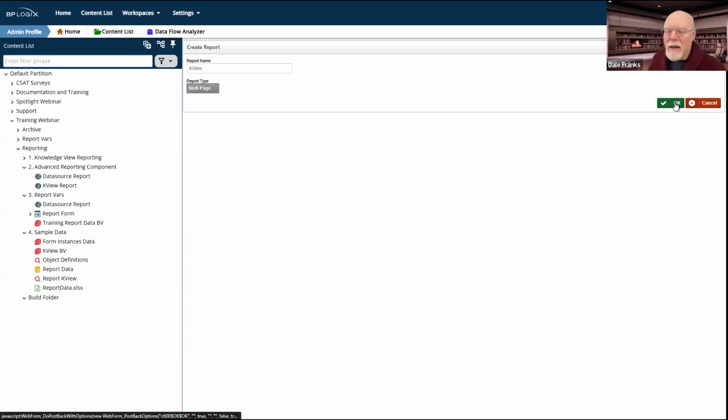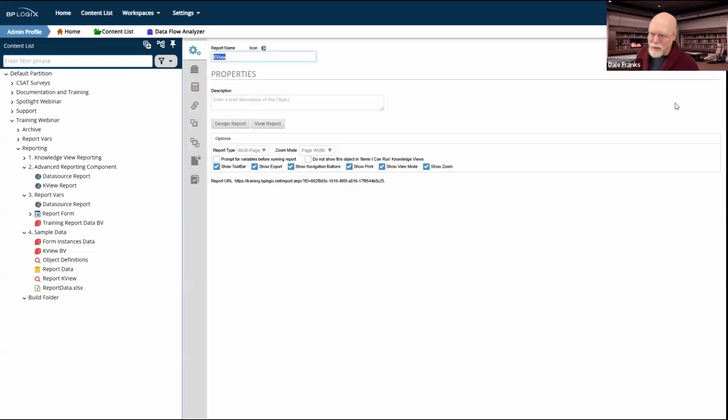And so the type of report that you pick is for your convenience to just give you an initial page size for that report. And of course, the dashboard and portlet reports are single page reports. So you got to keep that in mind, that everything that you're going to want to show is going to need to fit on that one page. For a multi-page report, we're just going to have as many pages as we need. And like I said earlier, in this case, this is going to come out to 70 pages.